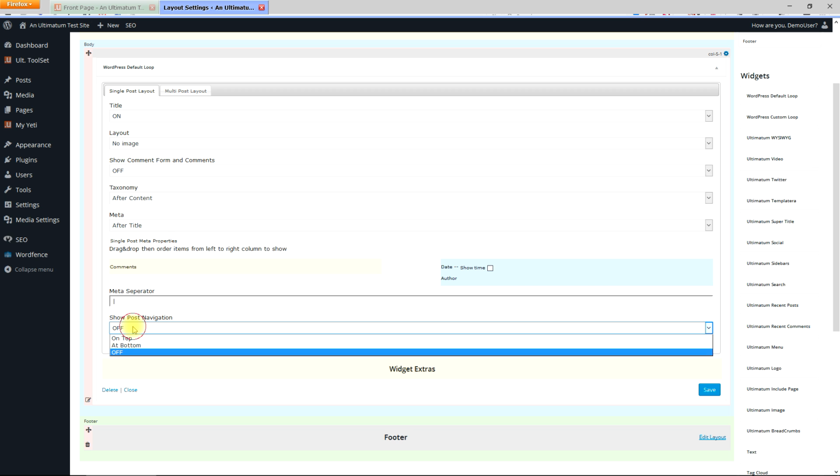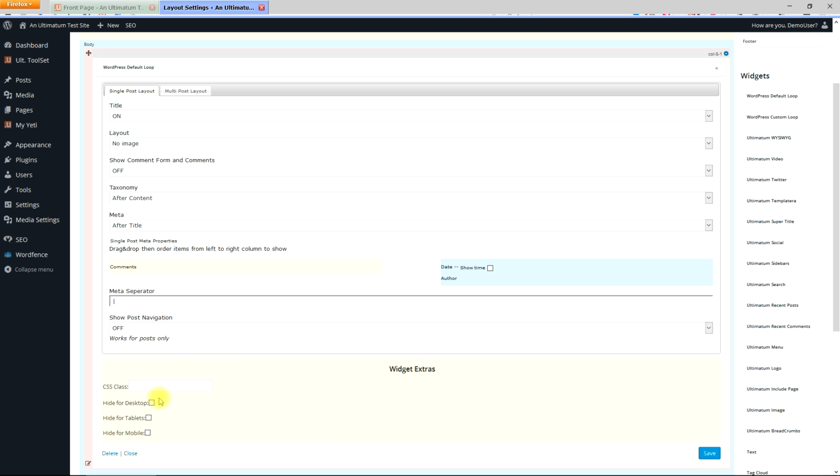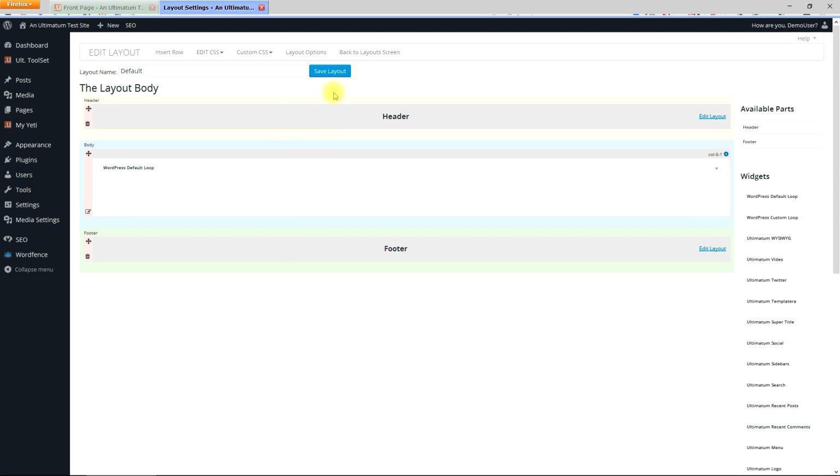And I'm not going to switch the post navigation on. That simply says take you to the next post or the previous post, but I'm going to leave that off. And again, here we go, we can put CSS classes, hide for desktop, hide for tablets, hide for mobile, etc. Again, I'm not going to do anything with those. I need to save that, close it, save it. We go back to the layout screen,